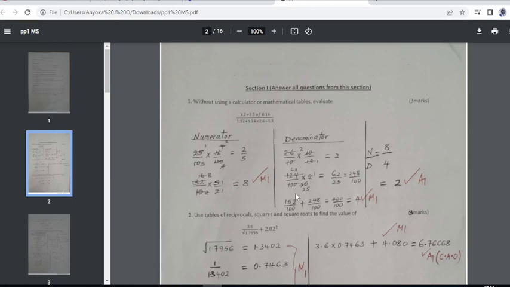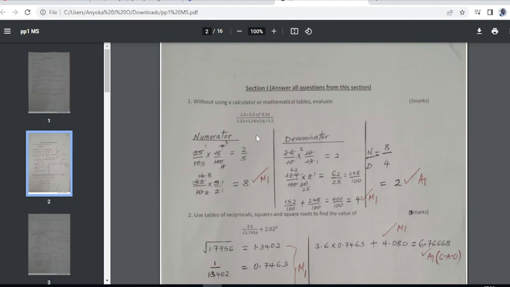Okay, our first question is: without using a calculator or mathematical tables, evaluate. These questions normally tend to be in decimals or in fractions. Note that if the question is just stated in decimals, it is good that you give your answer also in decimals. Then if there is a mixture of